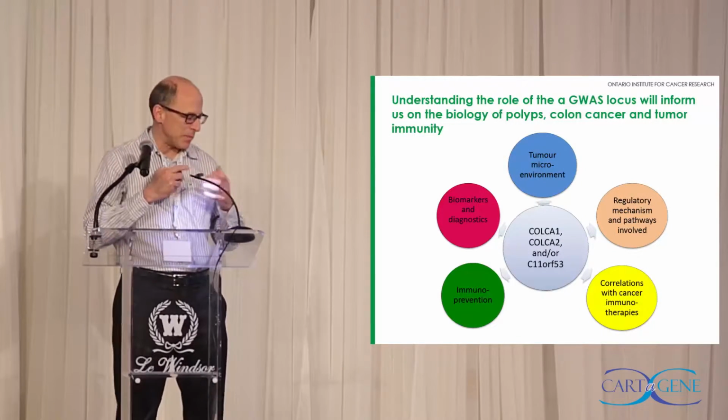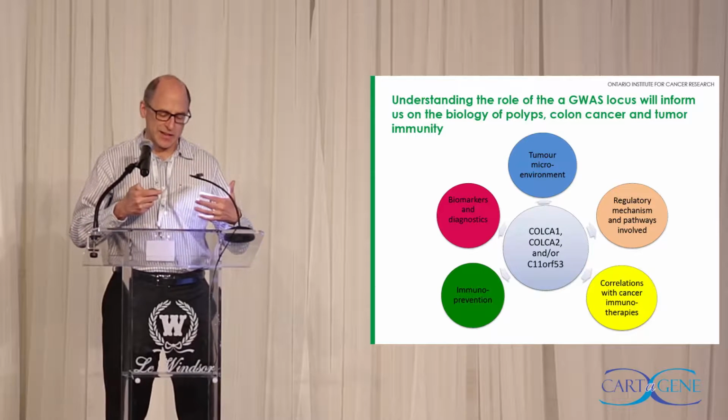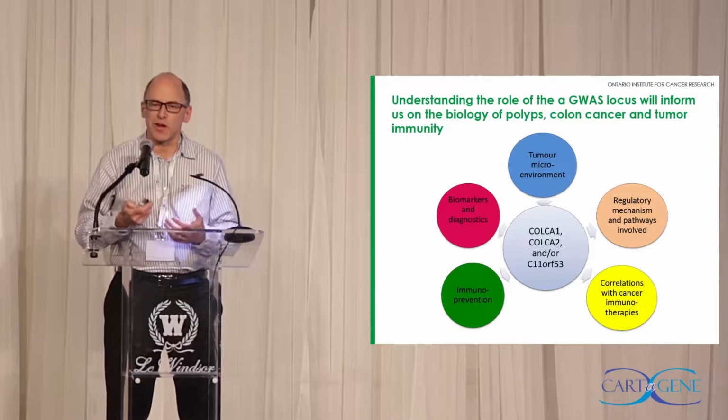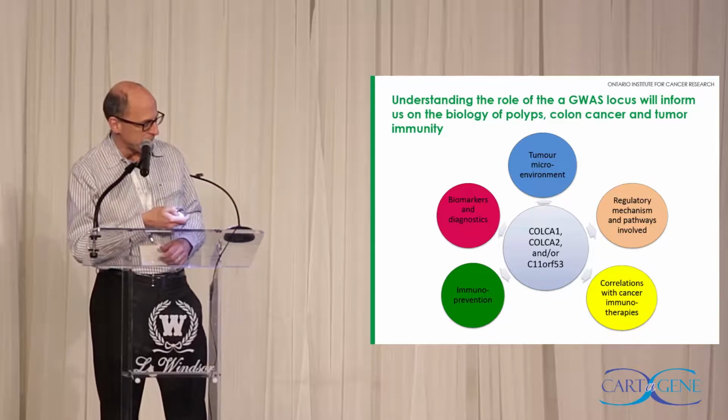So this project is not finished, but I just wanted to say that it's one thing to have a hit, to have an association, but it's a lot more work to go and study the biology. And here we're studying the biology, finding new immune mechanisms important in prevention of colon cancer, prevention of polyps. Where this may lead, of course, is new ways of thinking of chemoprevention, new ways of combining that with aspirin. But at this point, this is where the state of GWAS needs to really think things through. We've identified thousands of loci, and if we want to really know what the biology means, we're going to need to study every one of those loci one by one, as we've done here.